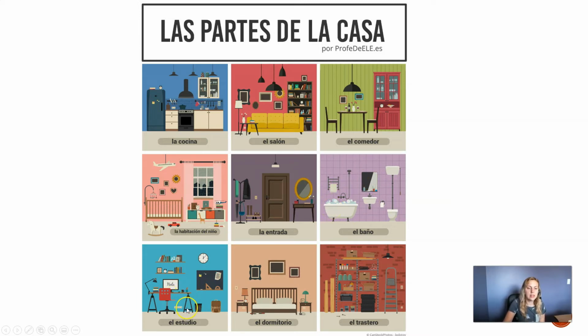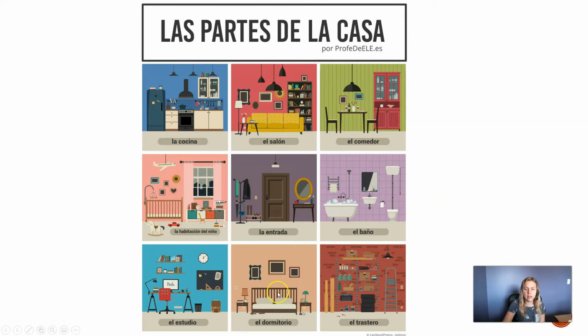Okay. Siguiente, estudio. You can do your study. That wasn't one of the main ones on your vocab list though. El dormitorio. That one definitely. El dormitorio is your bedroom. Now, there's a couple ways to say bedroom. We can say habitación as well, but dormitorio is the best one to use because it's similar in English when we say dorm, like college dorm. Okay, so it's easy to remember.